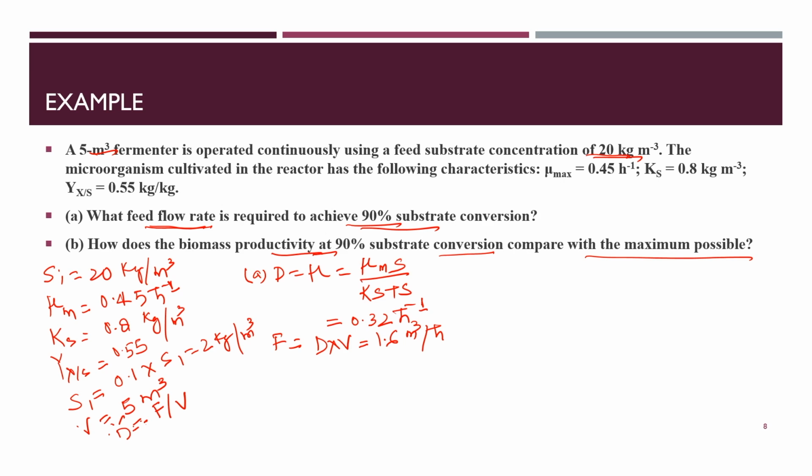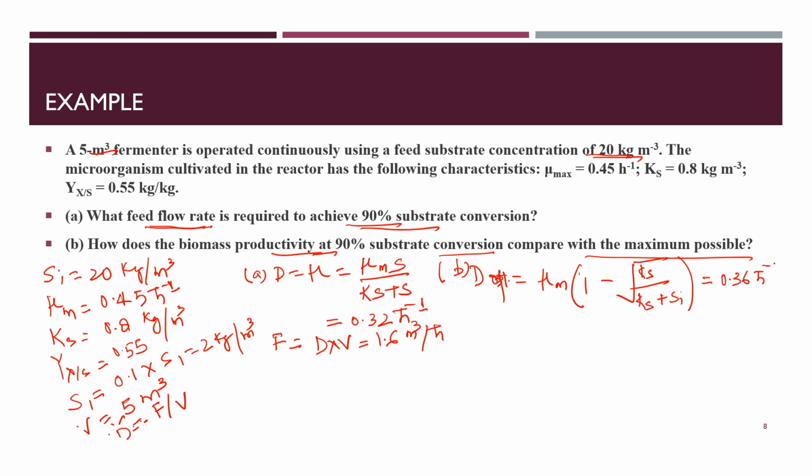For that, you first need to calculate D optimum, and we calculate D optimum as mu max times (1 minus the square root of Ks upon Ks plus Si), and in this way we will get the value of D optimum as